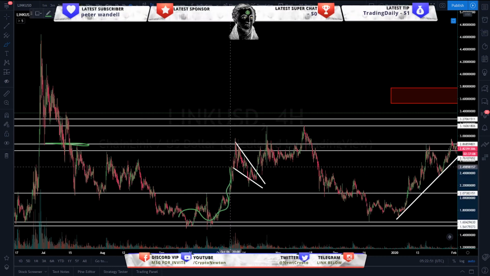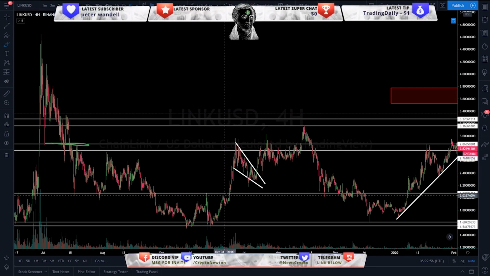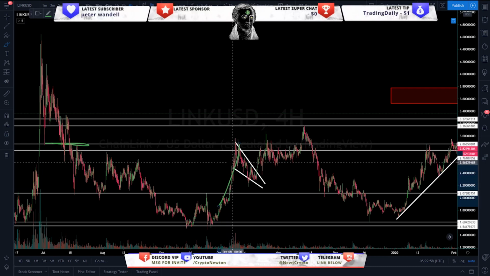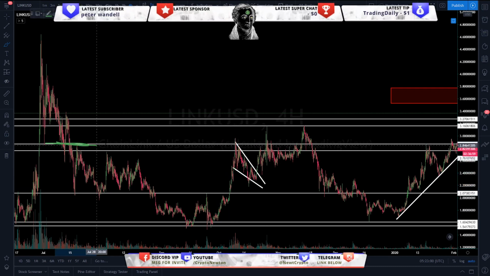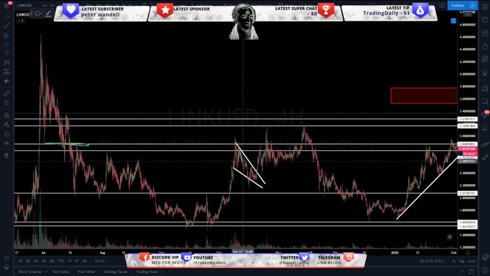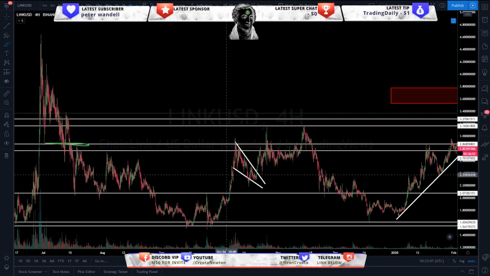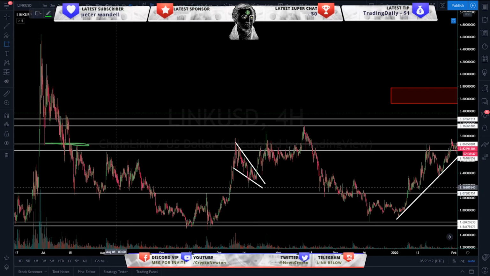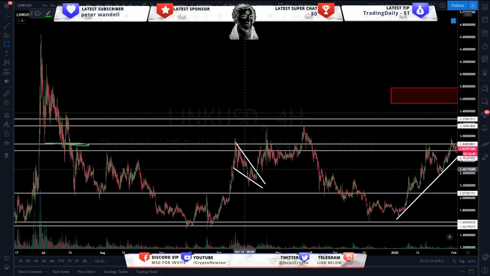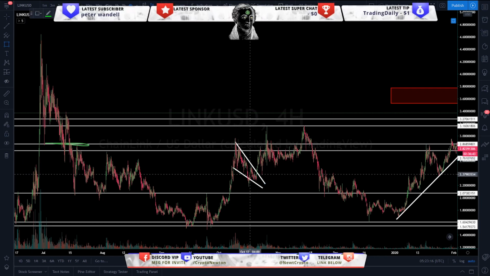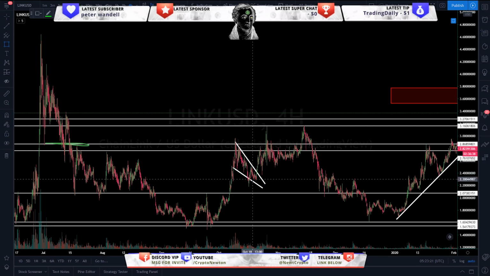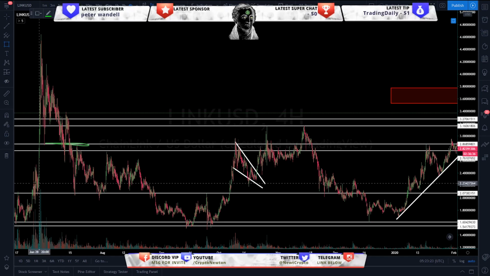Then we trickled back up, and before this we actually got a falling wedge pattern. After this huge pump that we had, although we got rejected at this resistance that I showed you guys over here as well, we made a falling wedge pattern. Now this falling wedge pattern will go to the downside a little bit, but then what do you actually see? You can look back on your price action and say, okay, so we've made a falling wedge. The falling wedge is getting tighter and tighter. Typically we fill, let's say, 70 to 80% of the patterns. Now obviously a falling wedge pattern can go all the way down, so it won't really apply there, but